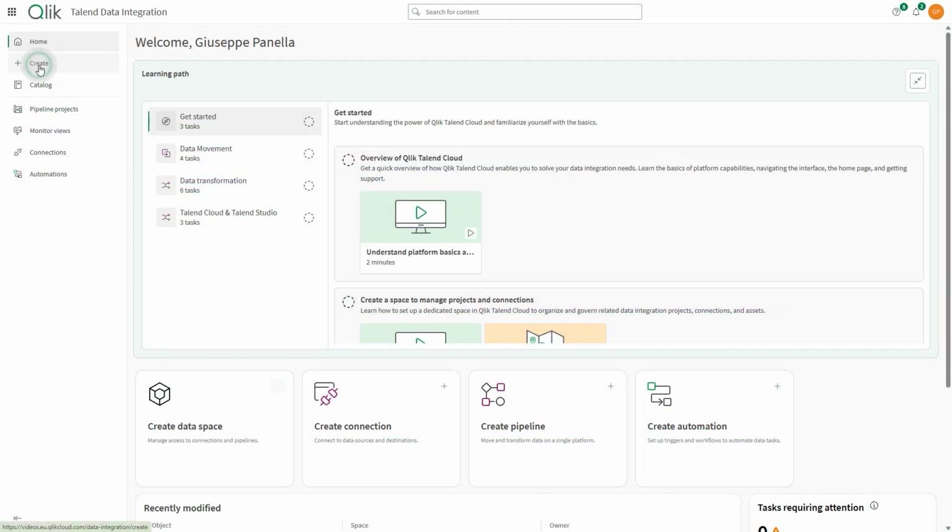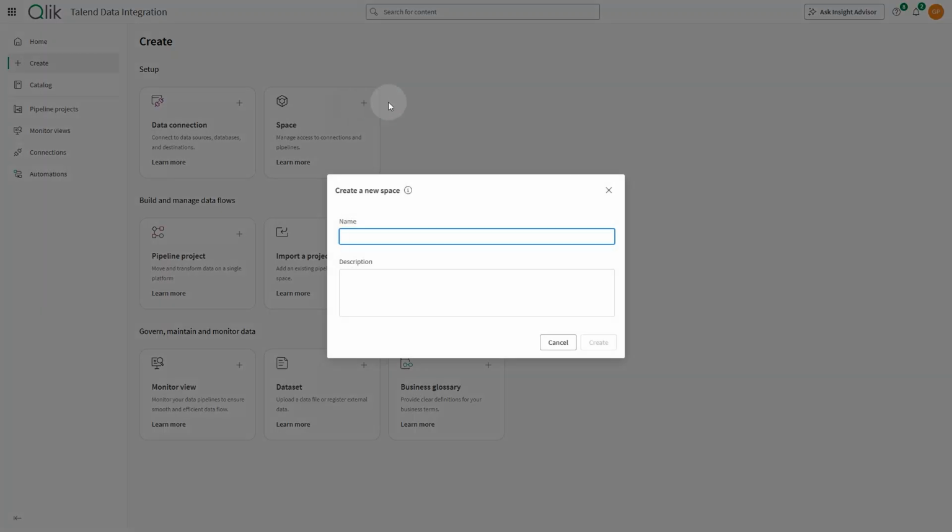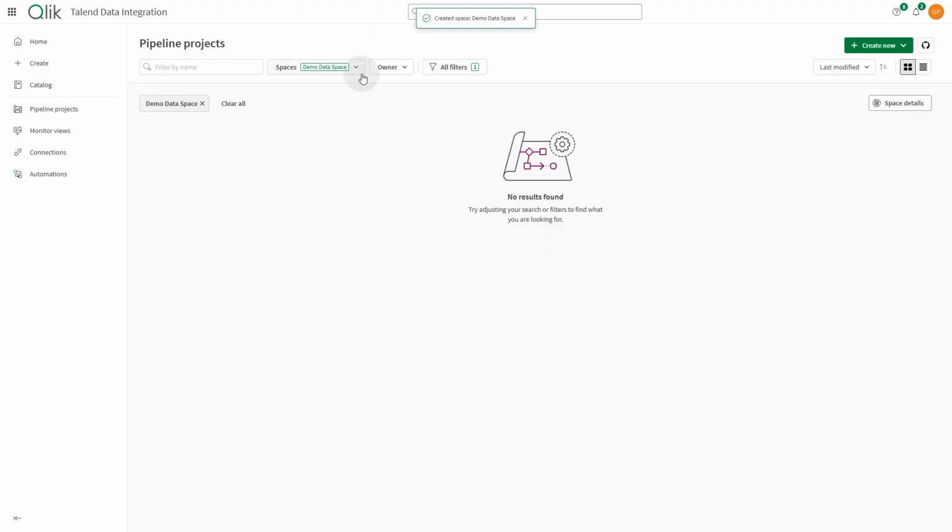Data spaces are governed areas of your Qlik Cloud tenant that are used to create and store data projects. Personal spaces are private. When a space is first created, only the user who creates a space is a member